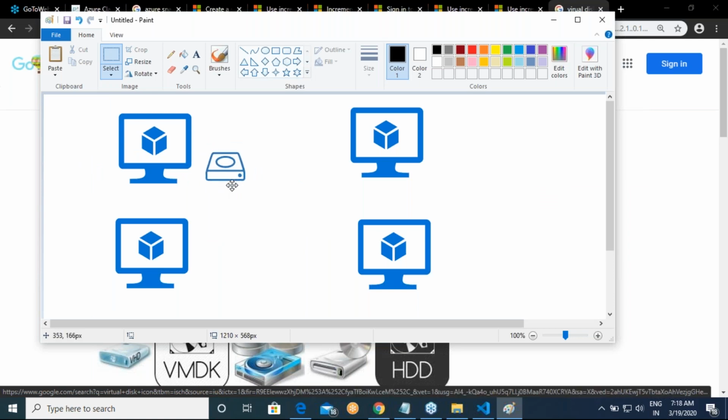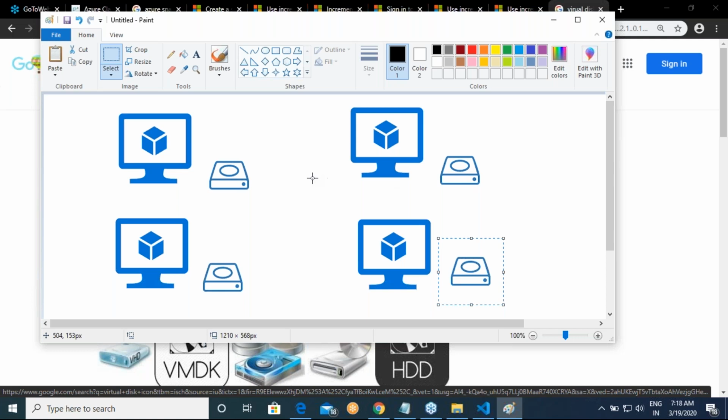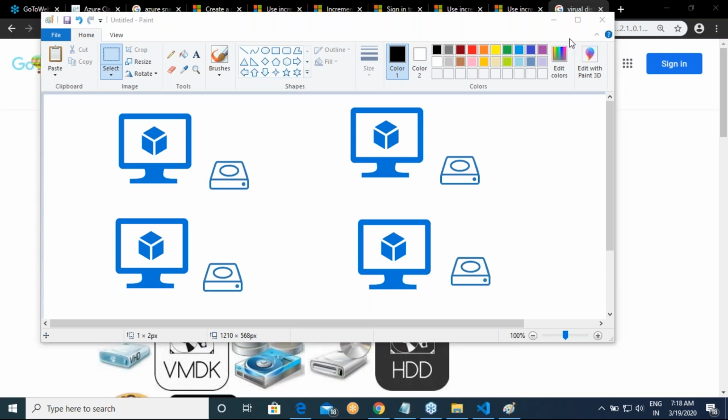This VM will have its own virtual disk. Now it can have an OS disk, a data disk, and a temp disk. So this is what we have learned, right?